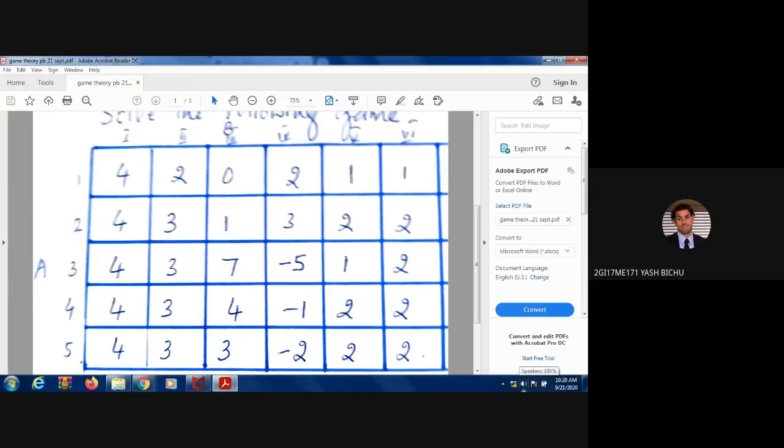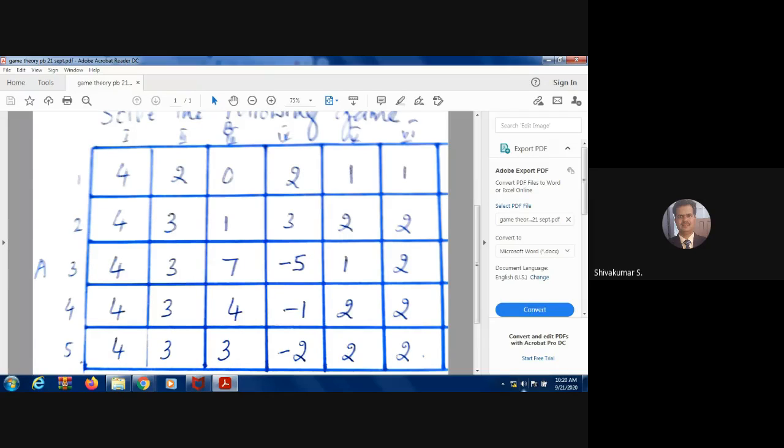Done? So it is 3 by 6, yeah. You have to correspondingly mark the rows also: 2, 3, 4. Because at the end you should know which strategy you are using. So write down 2, 3, 4 only, because 1 and 5 are deleted. So it is a 3 by 6 matrix in the second step.